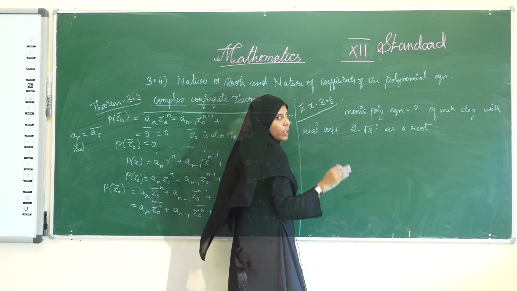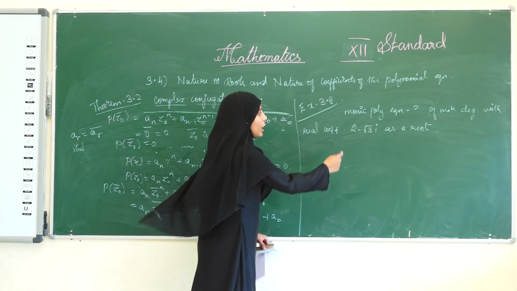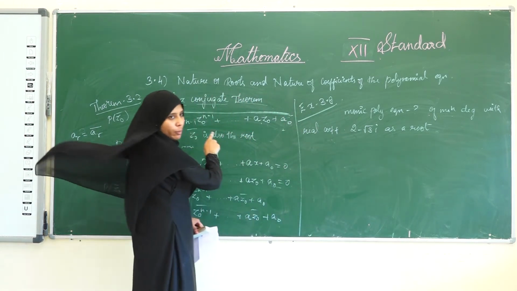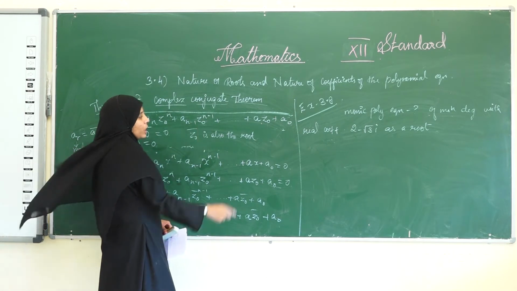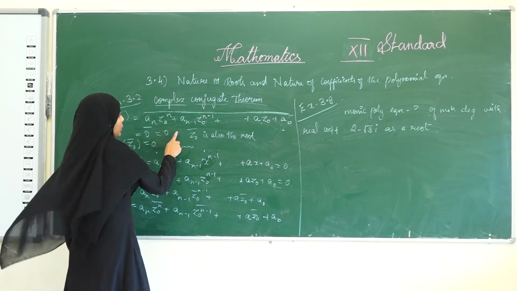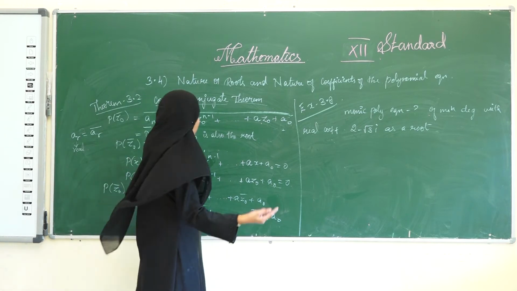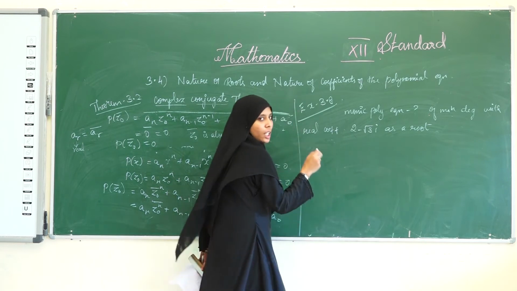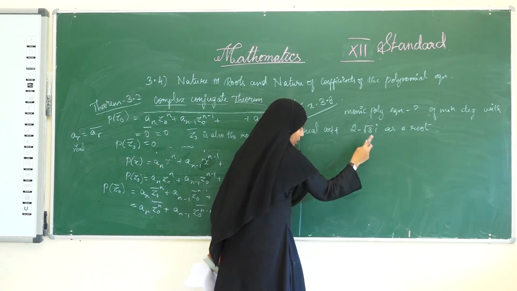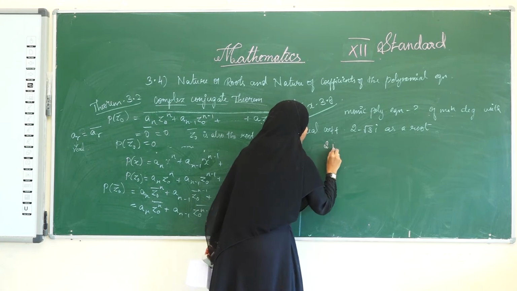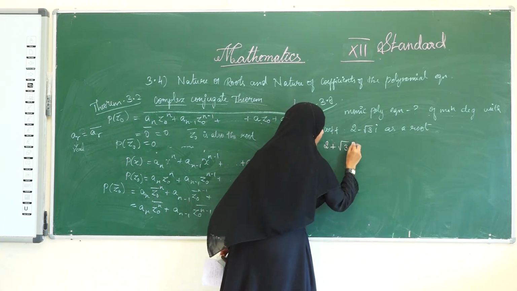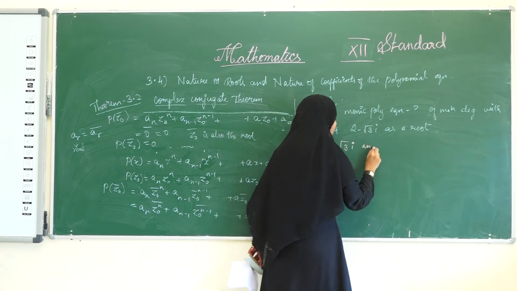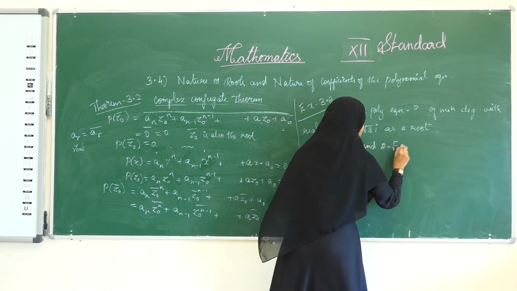The coefficients should be real, this is the question given. They have also given a root like this, that is 2 minus root 3i. From the earlier complex conjugate theorem, suppose z naught is a root, there will be another root that is its conjugate, z naught bar. Here they have given 2 minus root 3i as a root, and we can find another root as 2 plus root 3i. So the two roots are 2 plus root 3i and 2 minus root 3i.